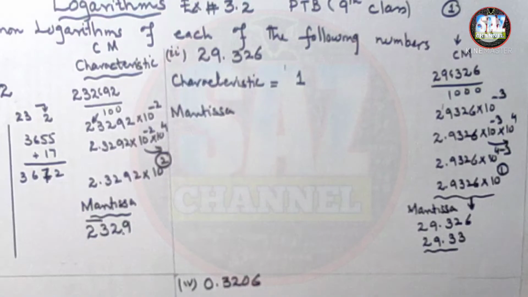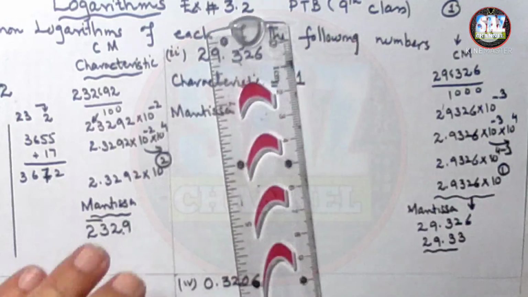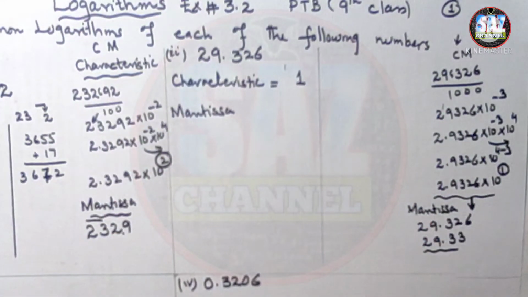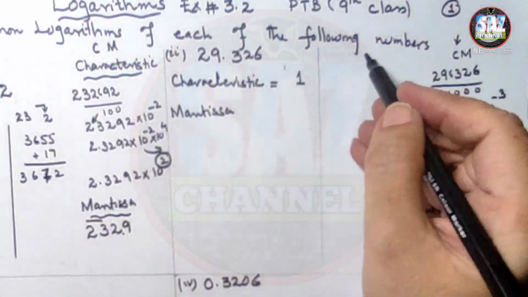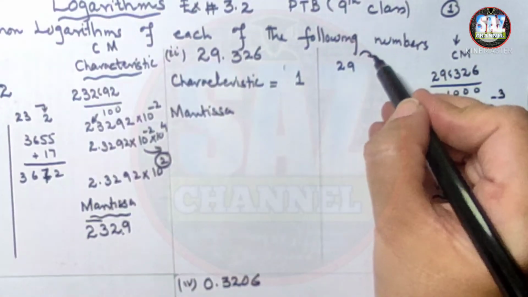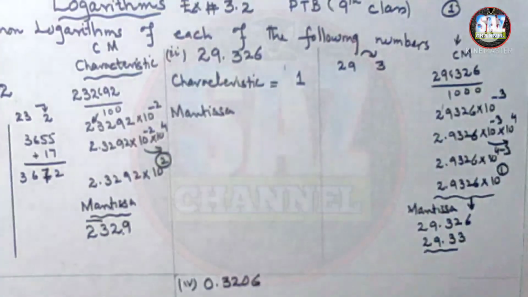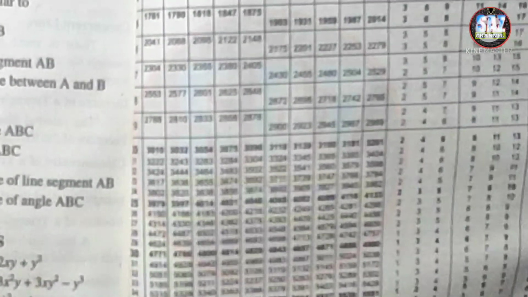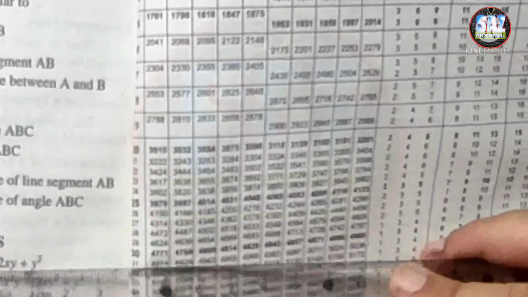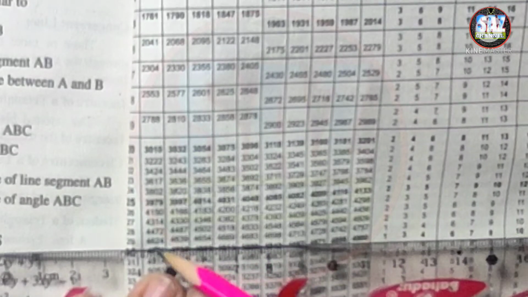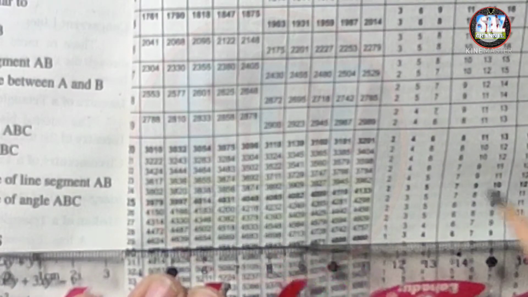And now, how to locate the Mantissa for this question is that first of all we have to go in the log table and search 29 in the column of what? In the column of 3. 29 in the column of 3. Let me give one more try in front of my students so that my students should not find difficulty in reading the table. 29 in the column of 3. When I'm reading 29 in the column of 3, this is 0, 1, 2 and 3. This gives me